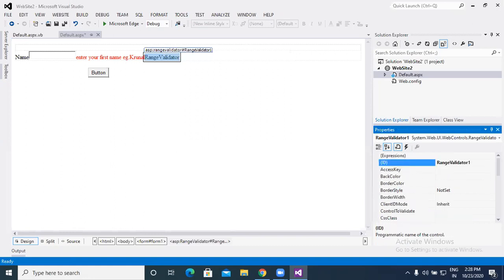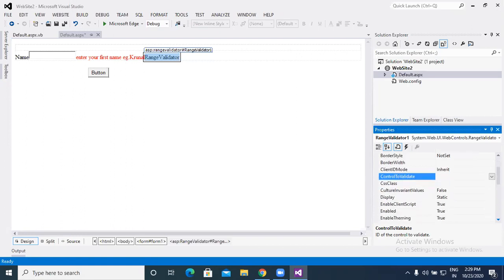So ID is the range validator, with the prefix RNG-VLD. Then back color, border color, and control to validate: which tool we have to connect it with. As with our first required field validator control, it is the same thing, the tool which we have to connect.